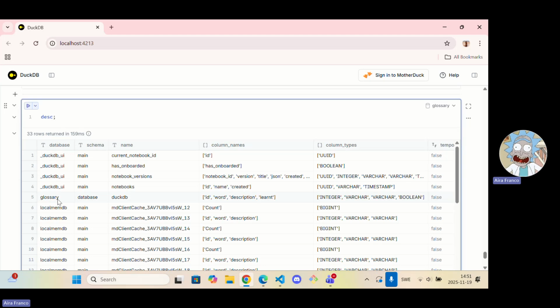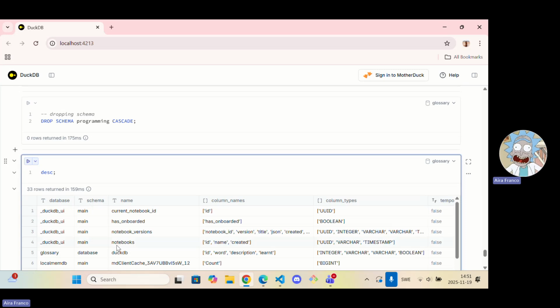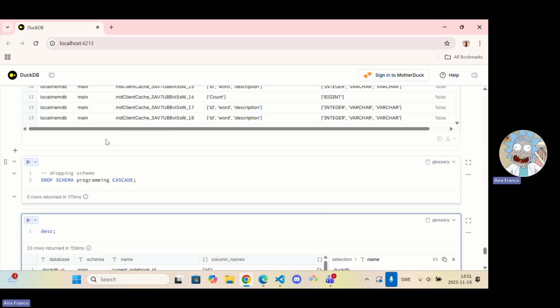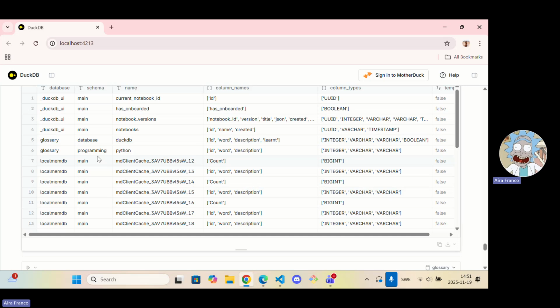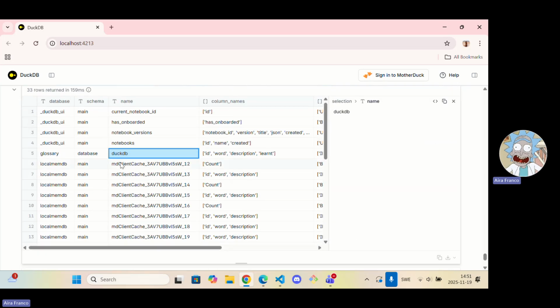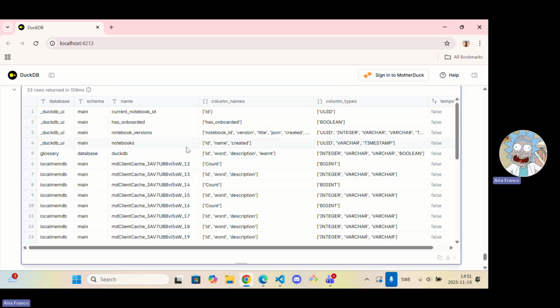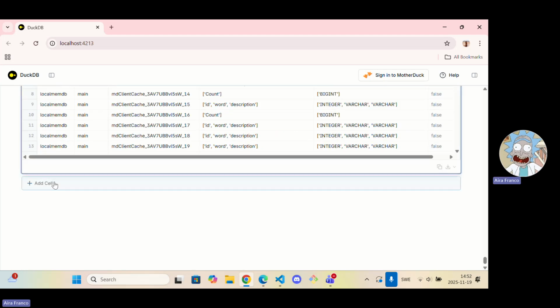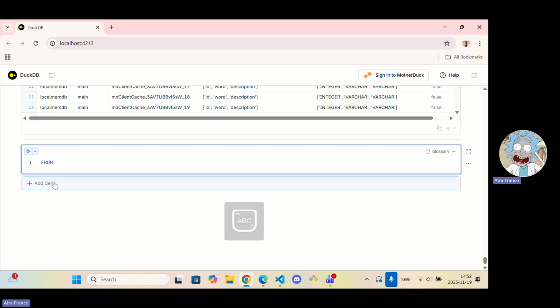It is, yeah. So now basically we only have DuckDB here and we have completely dropped programming Python here. So basically, I think if you use Cascade, it's the same as delete, as far as I can see. So we can do from, just wanna, I think this was what people use to double check everything. So to see that